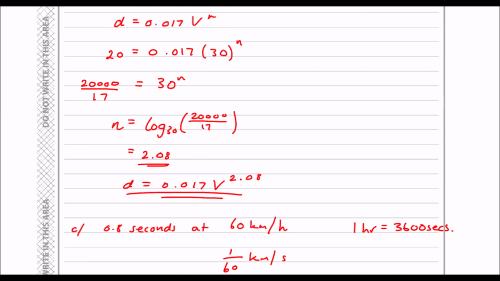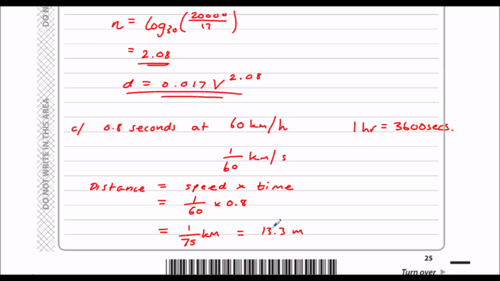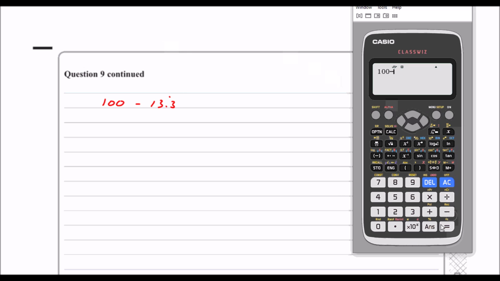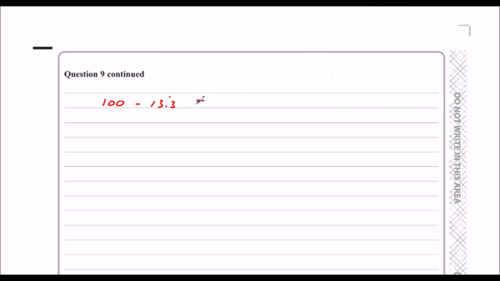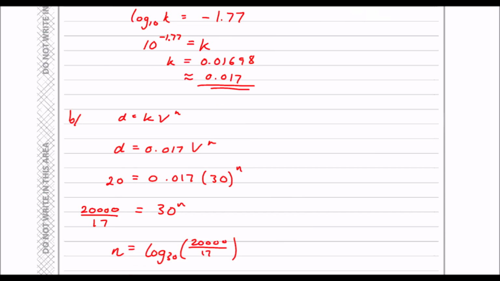In the time it took him to react, he's moved 13 meters. So 100 minus 13.3 recurring means he's got 86.6 recurring meters of road left. So that's when he applies the brakes, and then we can use our